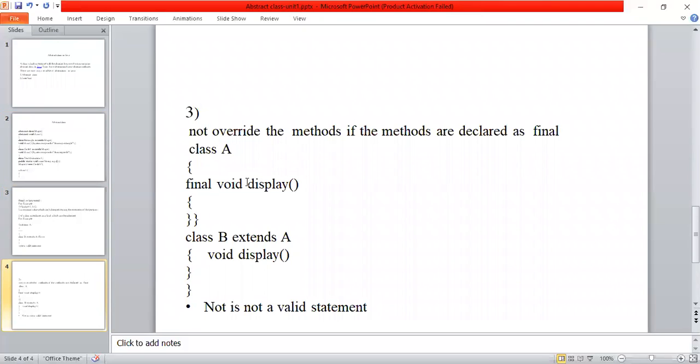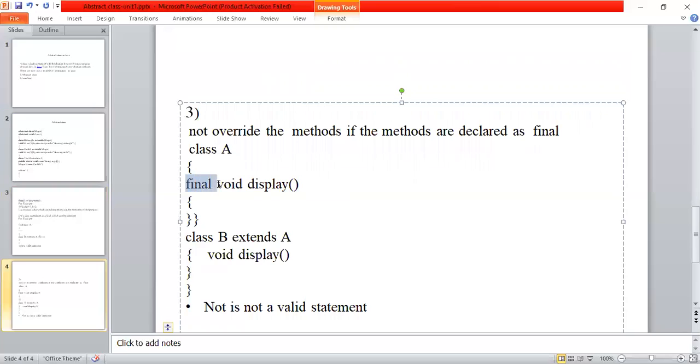if your defined method is final, then we cannot override the method. Whenever you don't want to override your method, define the method as final type. Suppose here I have a class A. In this class I have a method called display, which is final.